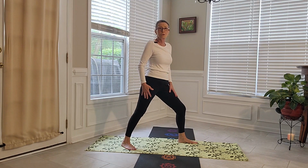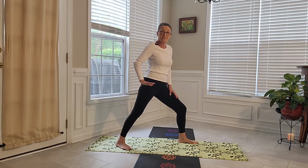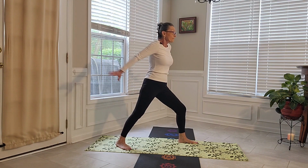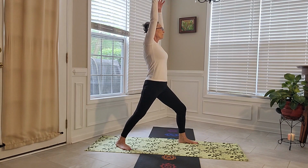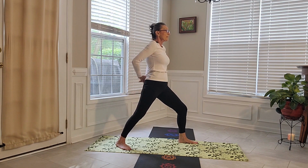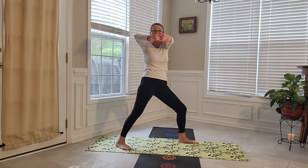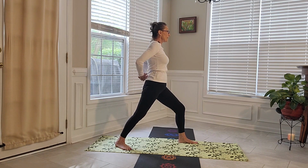So as we start from a warrior one pose, if you line yourself back up, you can use whatever leg out front that you would like to use. Again, nice deep generous bend in your knee, 45-degree angle on your back foot. And from this pose, what we would do is we would swan dive our arms behind us and interlace our fingers and turn them palms down. So in other words, you're going to have your hands like this, but behind your back. So take them behind your back,